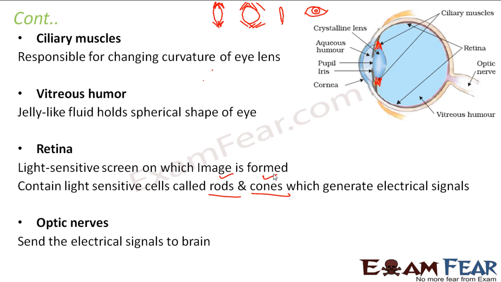So now this image is taken by the optic nerve to the brain, and then the brain decides what it is that I am viewing. First of all, the brain will convert that inverted image into an erect image. So now you are able to see an erect image, and the brain also enables you to understand what you are seeing. That means, if I am seeing something, I should be able to know what I am seeing. That understanding comes only from the brain. So the brain actually helps us to interpret what we are viewing. Correct? So I hope you understood how an eye functions.